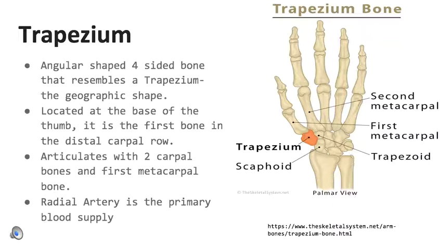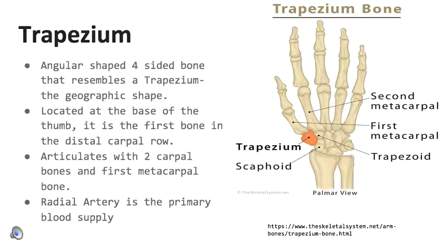The trapezium is an angular-shaped four-sided bone that resembles a trapezium, the geometric shape. The trapezium is the first and most lateral carpal bone. It is located at the base of the thumb and is the first bone in the distal carpal row. It is situated between the first metacarpal, or the lowest bone in the thumb, and the scaphoid, with the trapezoid